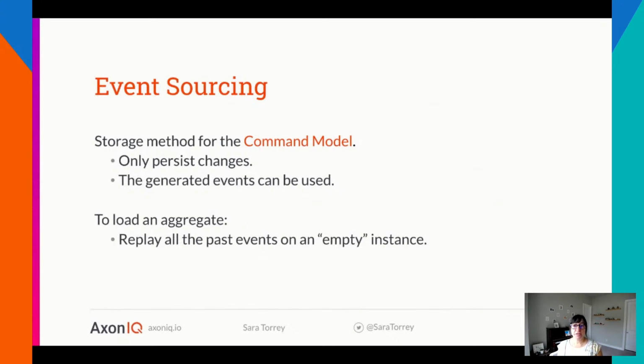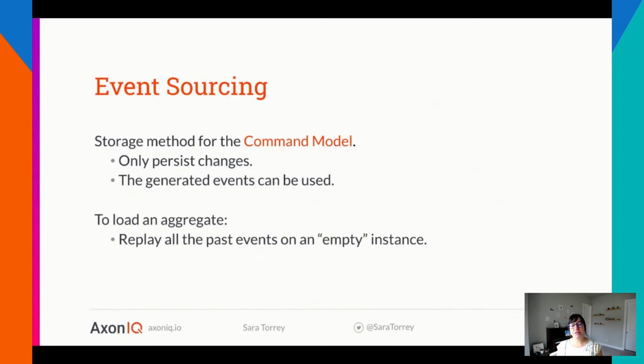Now, to retrieve the command model, aka your aggregate, from the repository, you would replay all of the events applied by that aggregate. It's important to note that you would do this against an empty instance of that aggregate type, and we will see that in a code example shortly.